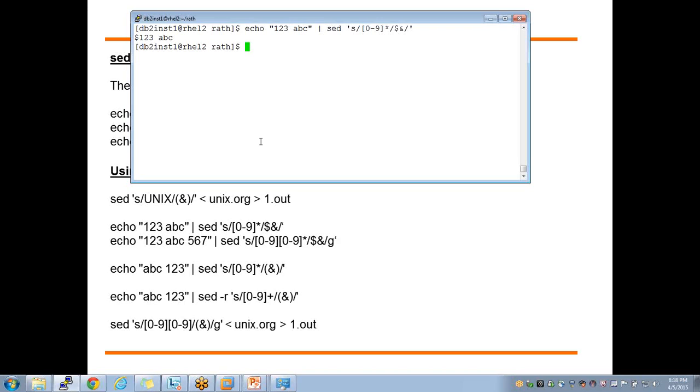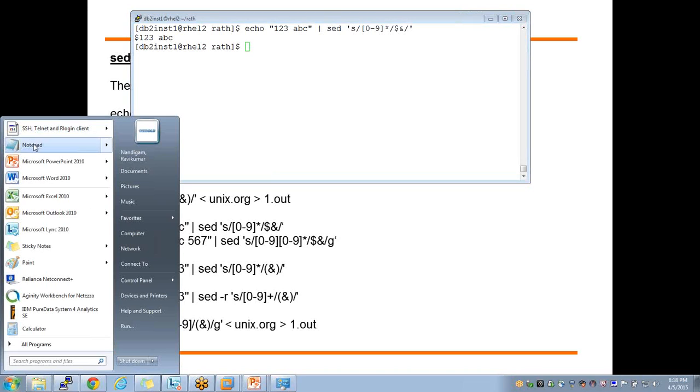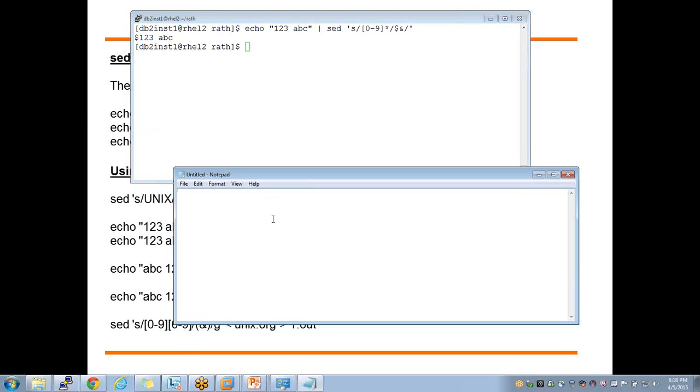Let me take another little example. If I take a notepad, and I have a number like 9, the other way of referring to this in regular expression terminology is like this. If I have 9, 0, this is like 0 to 9, one occurrence, and it can be anything. When I use this to search, 90 will match.